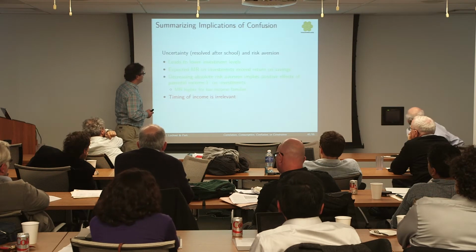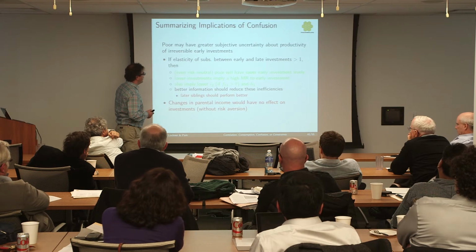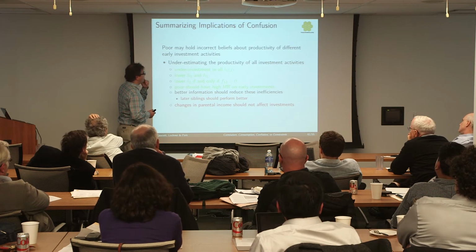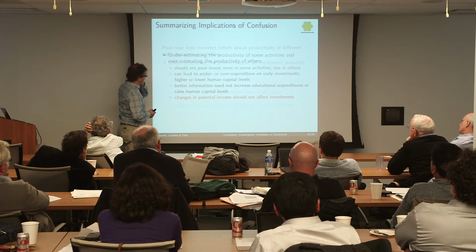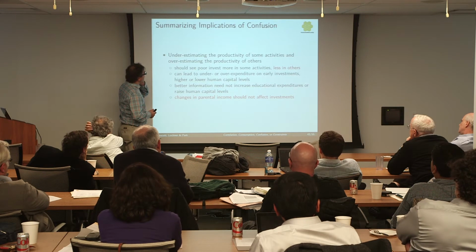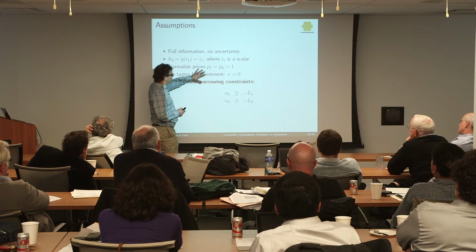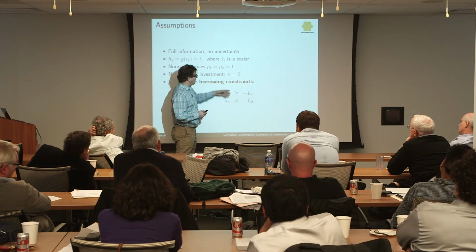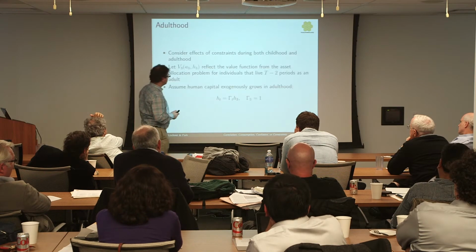How do these, let me skip over this a little bit. I'll come back at the very end about how these all line up with the facts, because I'm running out of time here. And I want to say a little bit about borrowing constraints. Now think of a case where we get rid of our uncertainty part. We have no consumption value, but now people may not be able to borrow as much as they want.